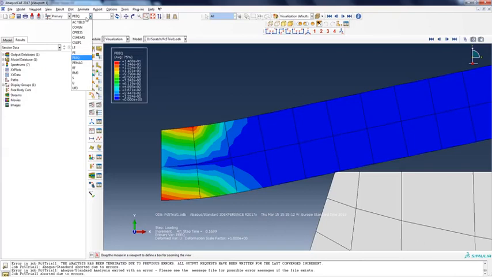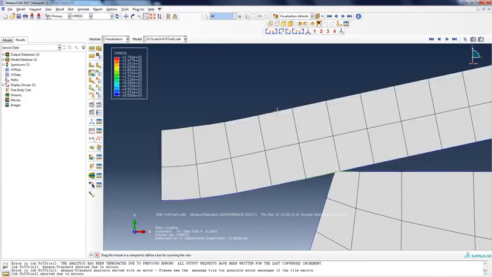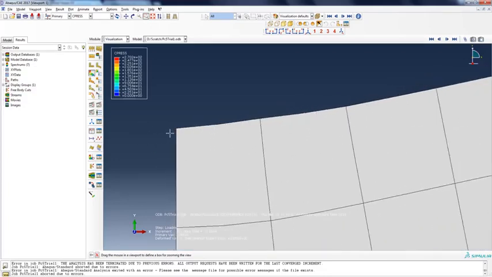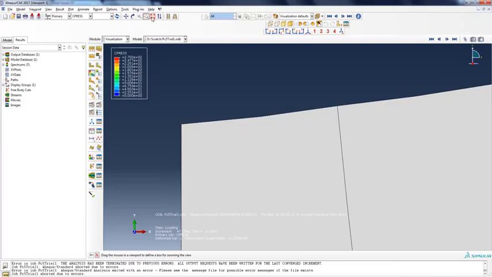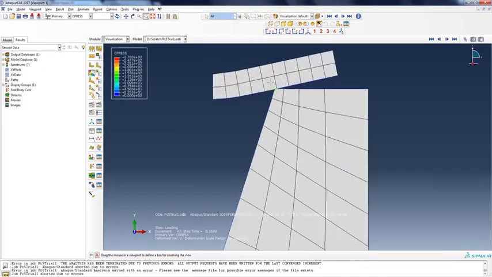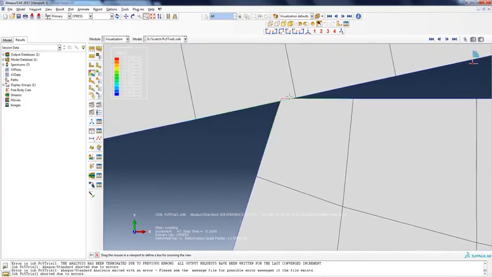And we can check our contact pressure. So contact pressure, there is some highlight here, and we do not seem to, yeah, so there we don't have a contact at the moment. So the contact is only happening here. But you can see that we have some interpenetration. It's due to the penalty formulation that we use.